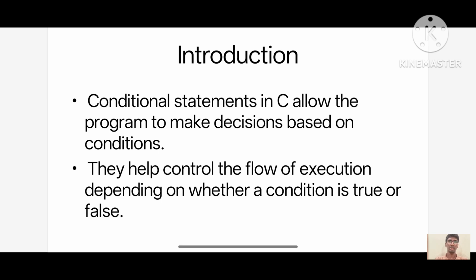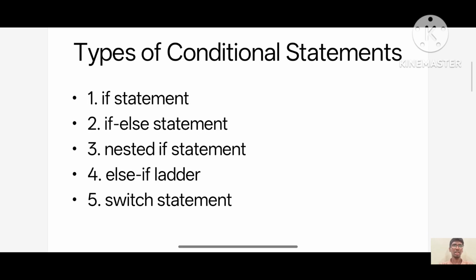Conditional statements in C allow the program to make decisions based on conditions. They help control the flow of execution depending on whether the condition is true or false. There are majorly 5 types of conditional statements: if statement, if else statement, nested if statement, else if ladder, and